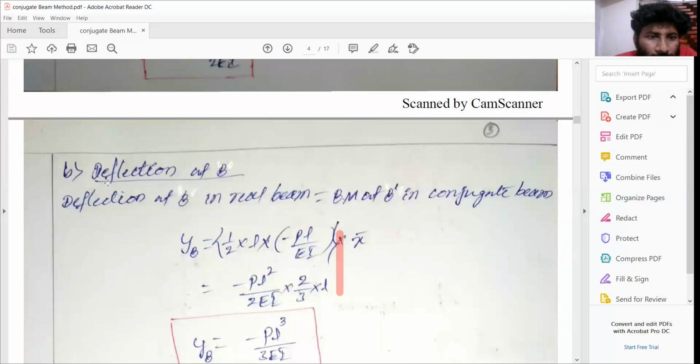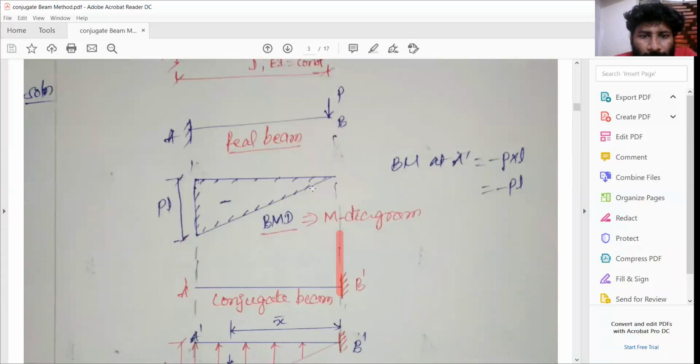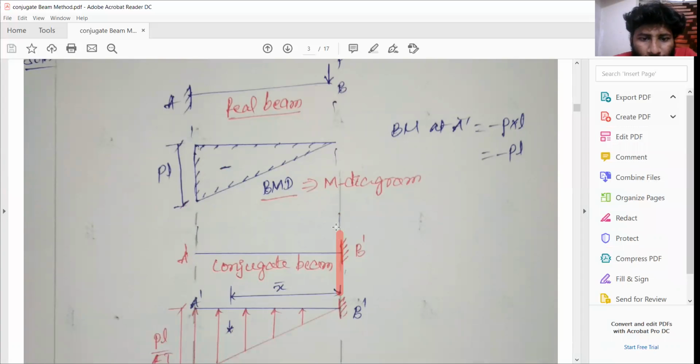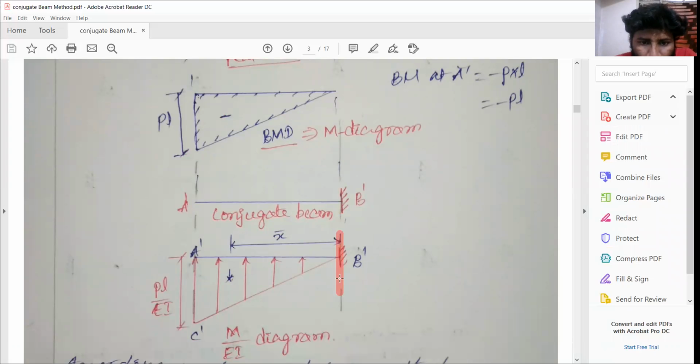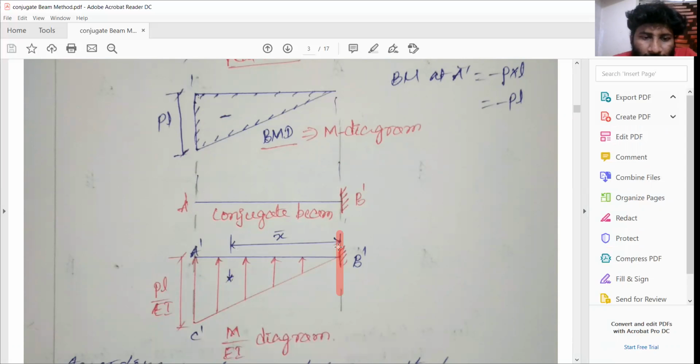And again, deflection at B. The same, so at the free end, we have to find the deflection here. To find the deflection, again, take the section, the corresponding section in the conjugate beam. This is the corresponding section in the conjugate beam. So now, whatever the loading is there, you take the moment of this loading about this B, that will give the deflection in the original beam, right?